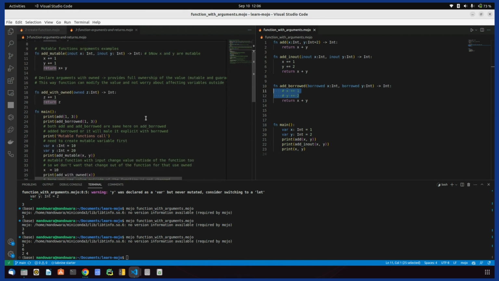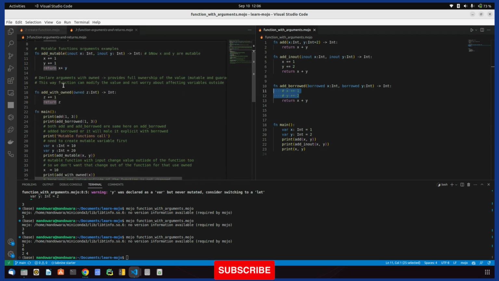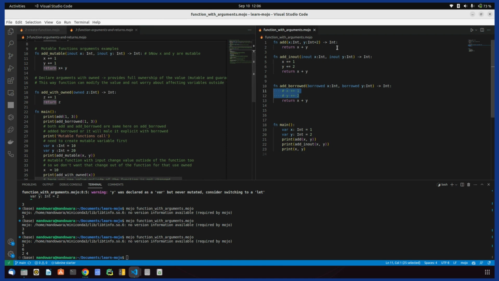Another way is to declare the argument with owned. What owned does is provide full ownership of the value, mutable and guaranteed unique. This way the function can modify the values and not worry about affecting variables outside the function. Normally in Python, we increase the value in a function, and after that we don't want those changes to be there in our main function or main variables. For that you can do it this way: function